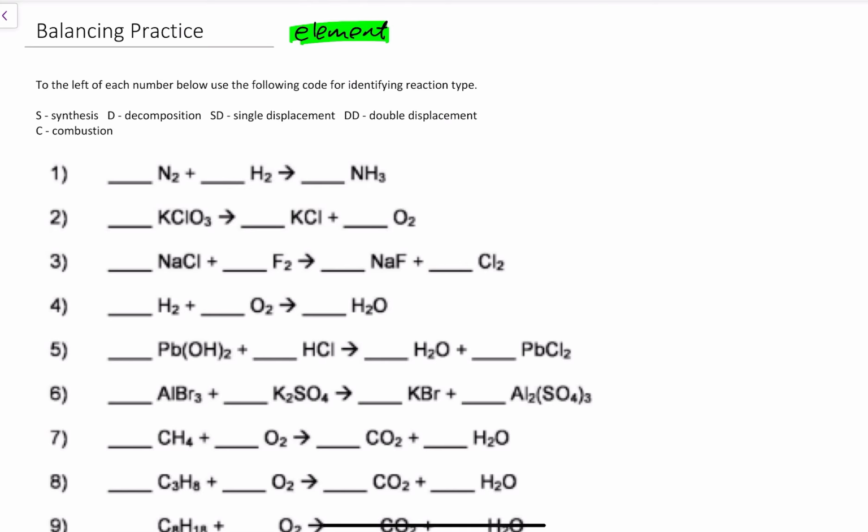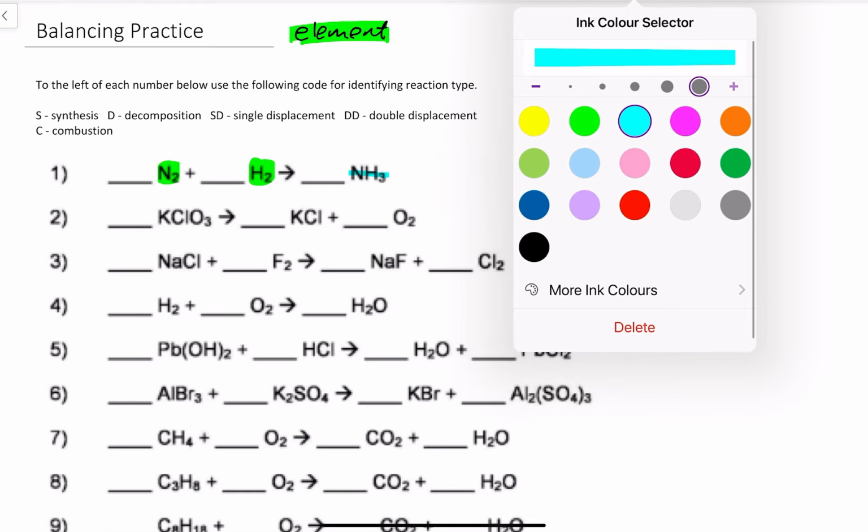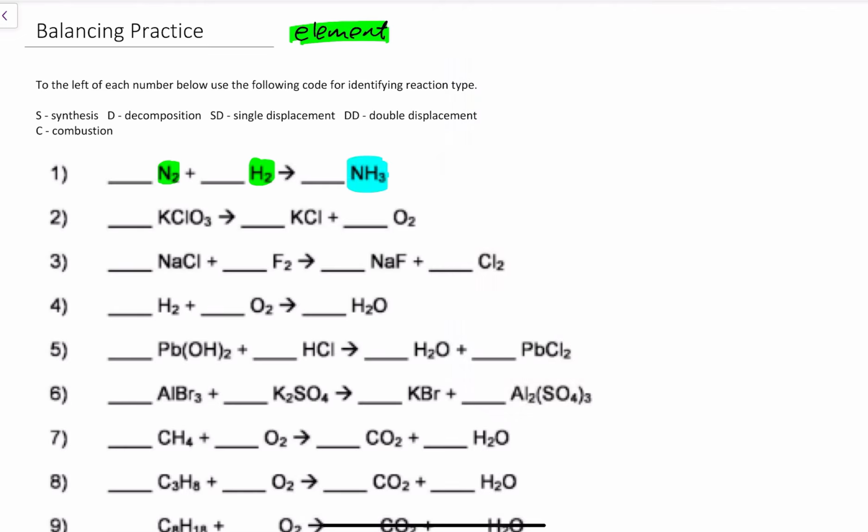element or compound? That's an element. So is hydrogen. If it's a compound, I'll do it blue. We remember that a compound is a pure substance made of two or more different elements